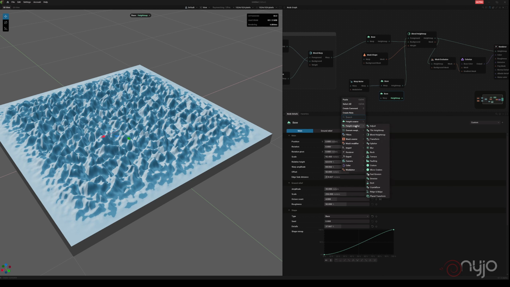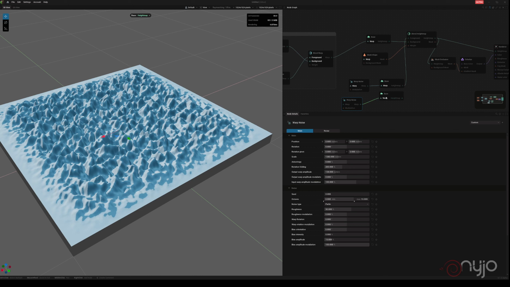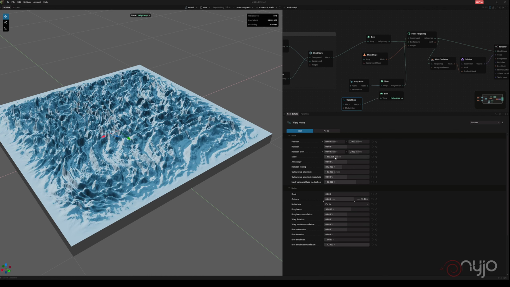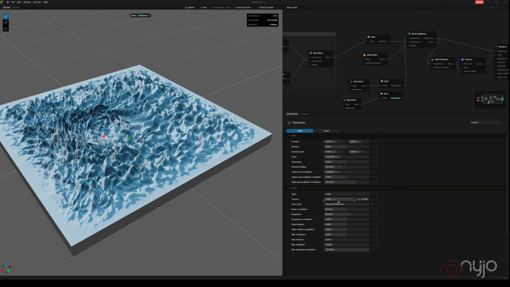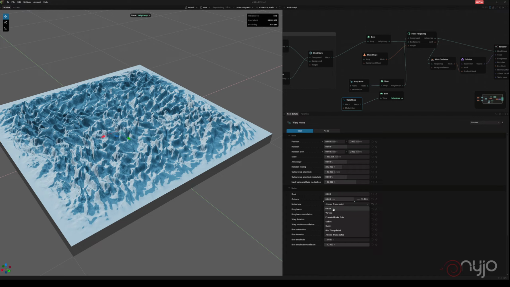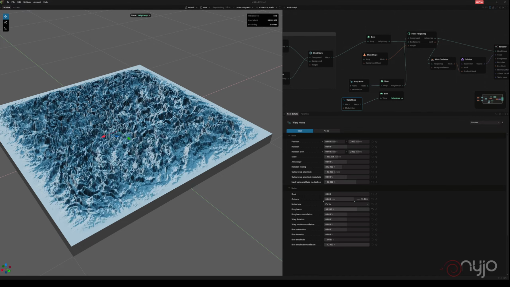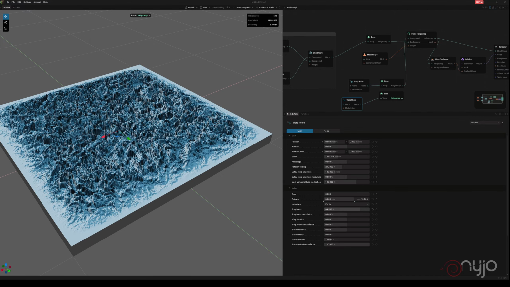Okay, and we got to have a warp. Okay, and this warp will be something like spiked, or maybe let's see what we can use. Maybe still this one. Let's go for something really rough. Okay,